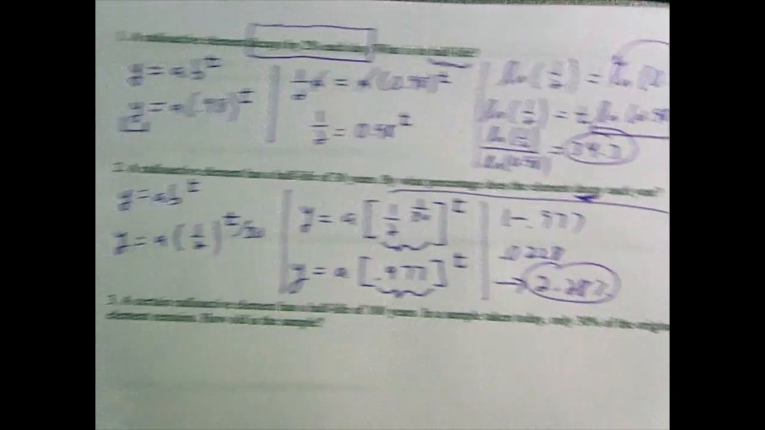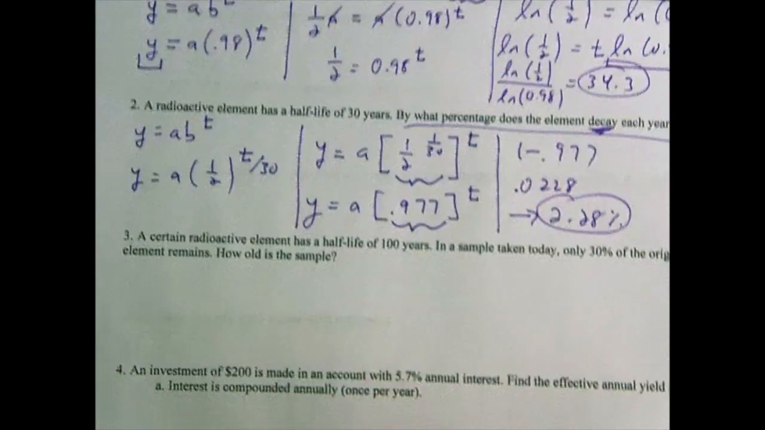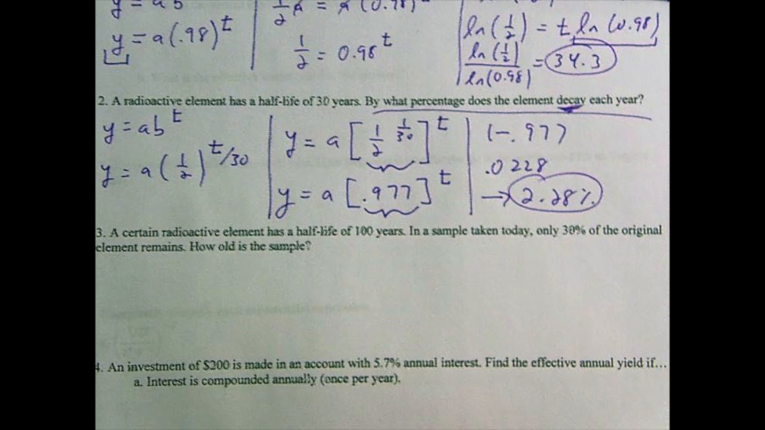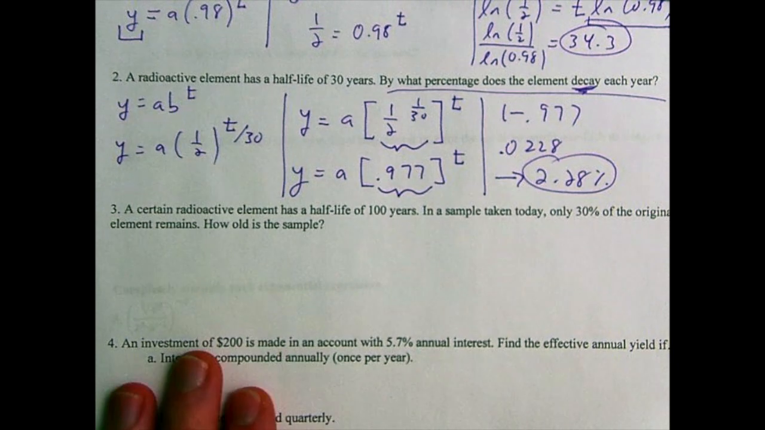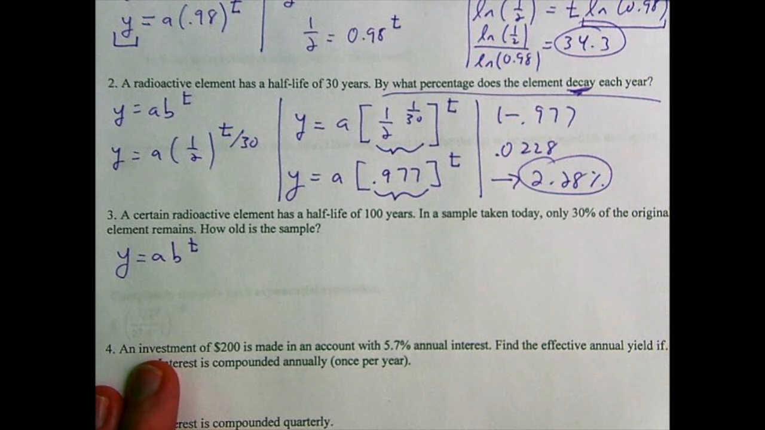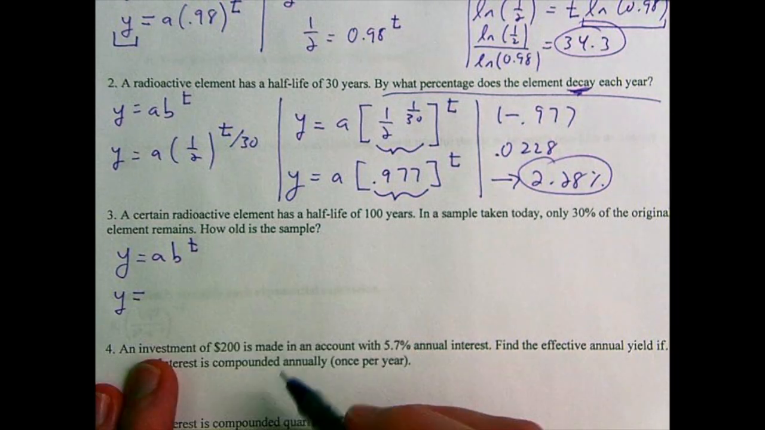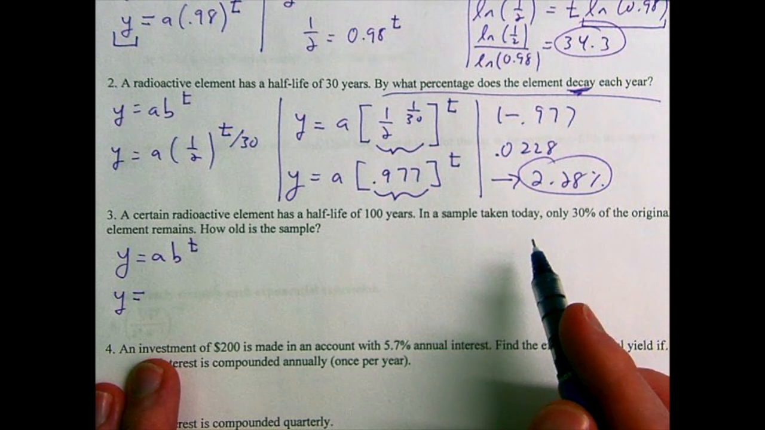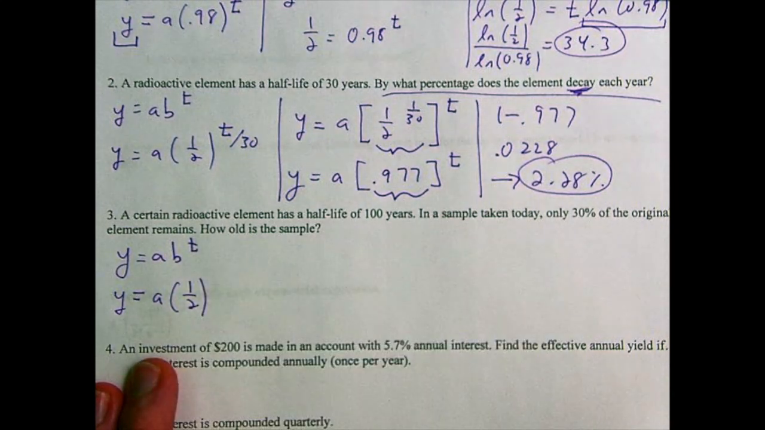Okay. All right, so number 3 says a certain radioactive element has a half-life of 100 years. In a sample taken today, only 30% of the original element remains. How old is the sample? Okay, let's start with an exponential model. I know that I can model this thing using an exponential function. We're given information about half-life, so I should use 1/2 for b. Oh, and in this case, do I know the initial amount? I don't. We'll get to that, but b I can represent as 1/2, and then as usual,